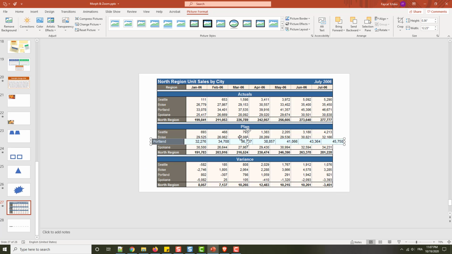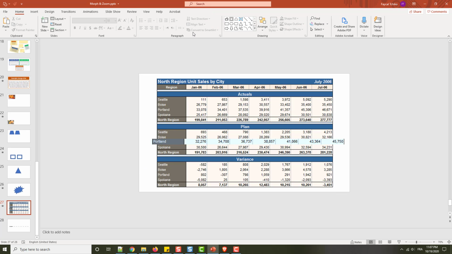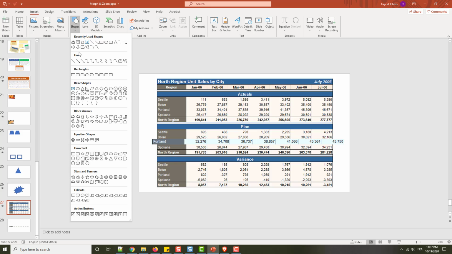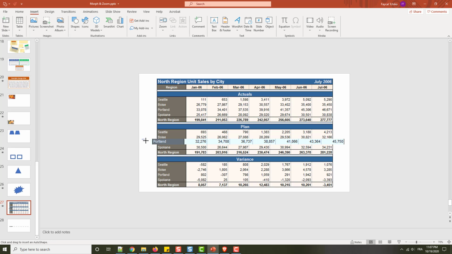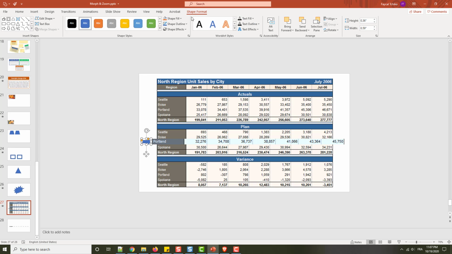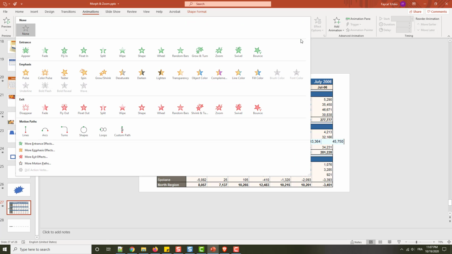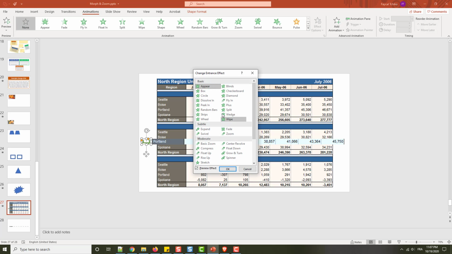What can I do also? I can add, for example, an arrow here. So insert, shape, and I will add this one, for example. Like this. Okay, I'll put it like this, no problem. And here I will add an animation. Same thing, fly in, or let's pick fly in